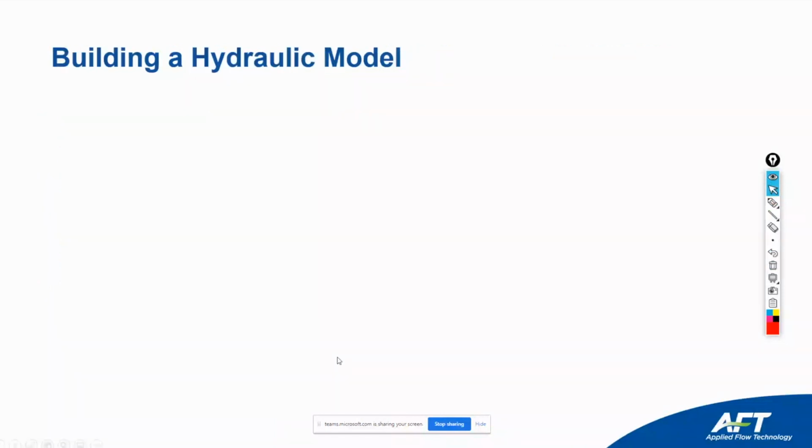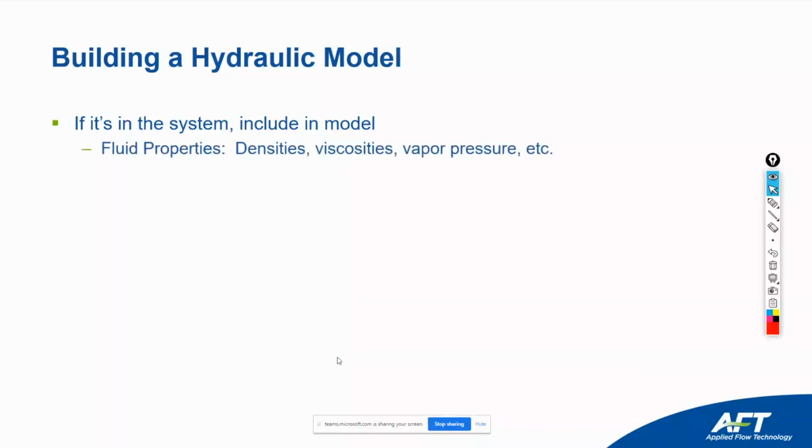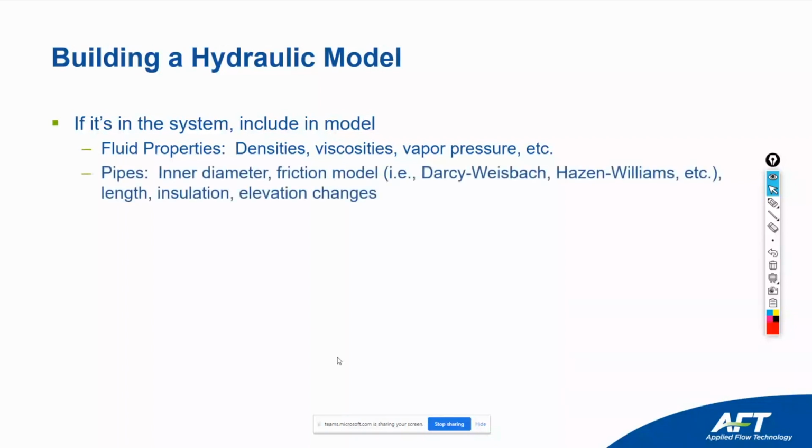So when you're building a hydraulic model, this is very similar to the previous speaker, I believe, Tom, when he was mentioning hydraulics. And so this is just echoing that. If it's in the system, it's included in the model. And so it's really important to account for all your proper fluid properties, densities, viscosities, etc. Pipes, again, you're going to need the inner diameter to be able to calculate the hydraulics. And then the wall thickness is also important if you're doing heat transfer modeling or if you're doing water hammer